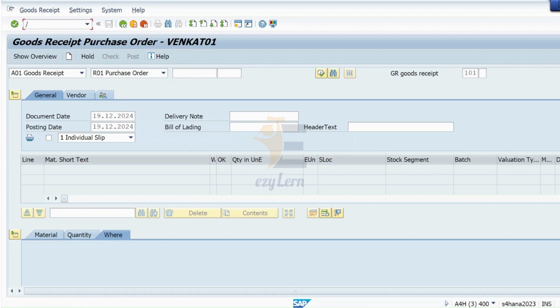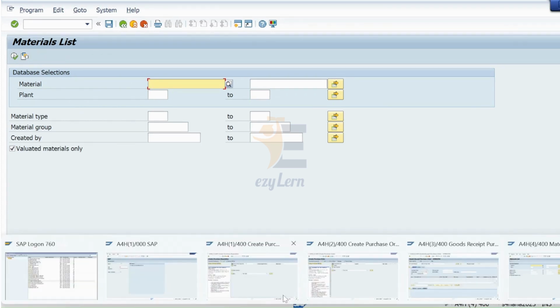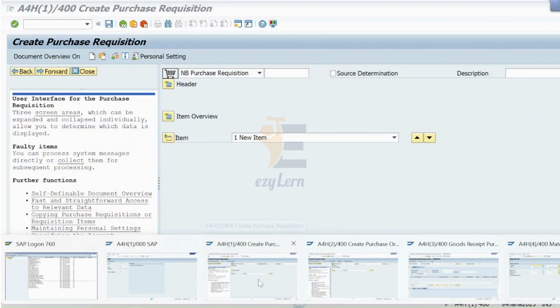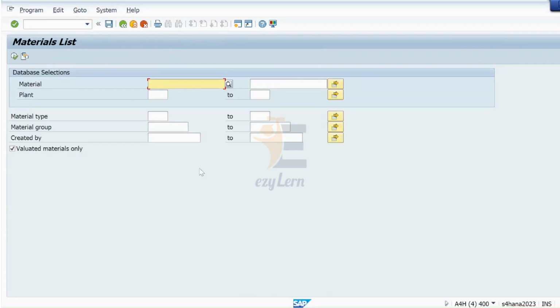If I want to open more screens, I will just use /o MM60. That's another transaction that we will also discuss, but here the point is the use of /n followed by T code and /o followed by T code. So you can see I have opened 1 2 3 4 5 screens. That's a login screen, so just don't count that. 1 2 3 4 screens or 4 sessions I have opened.